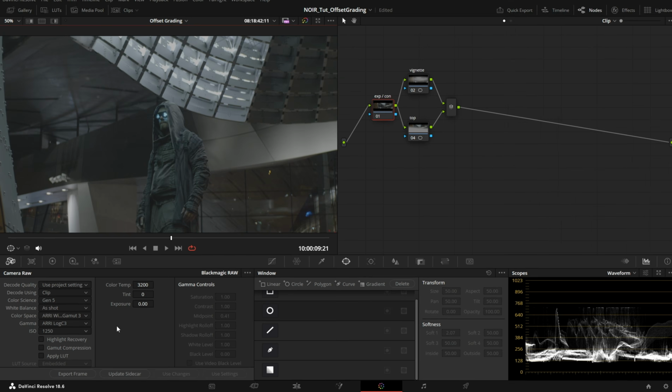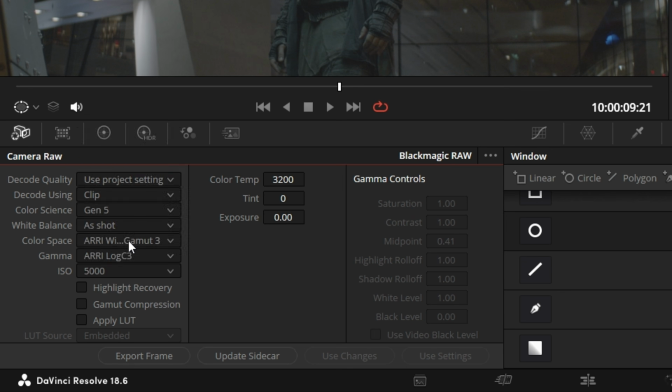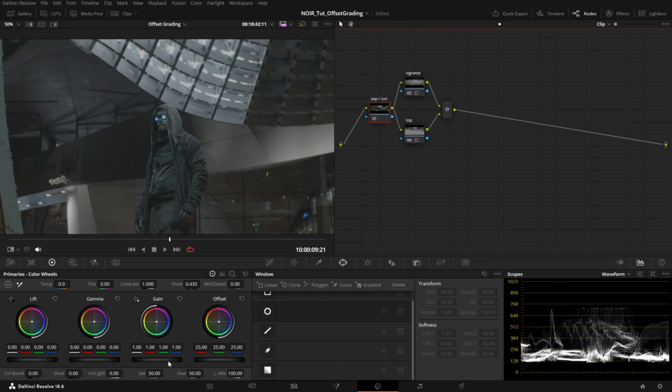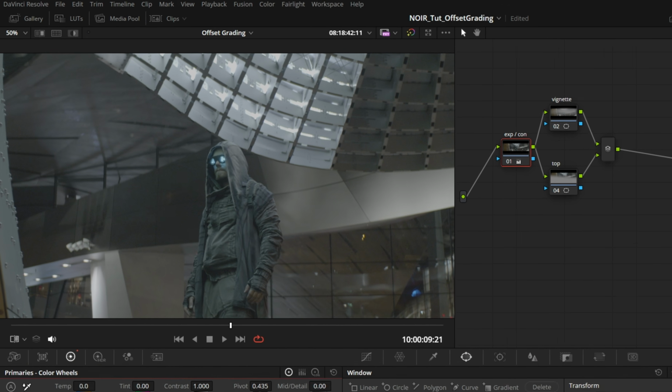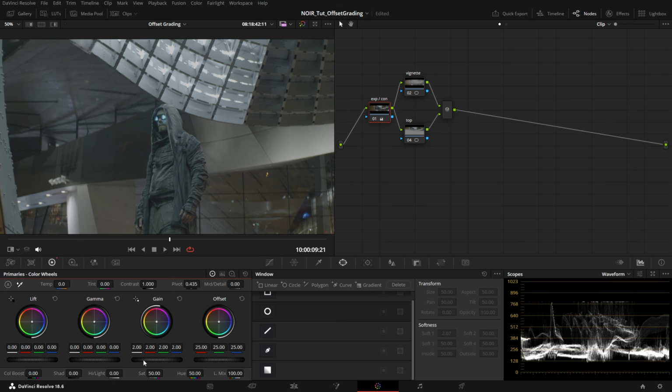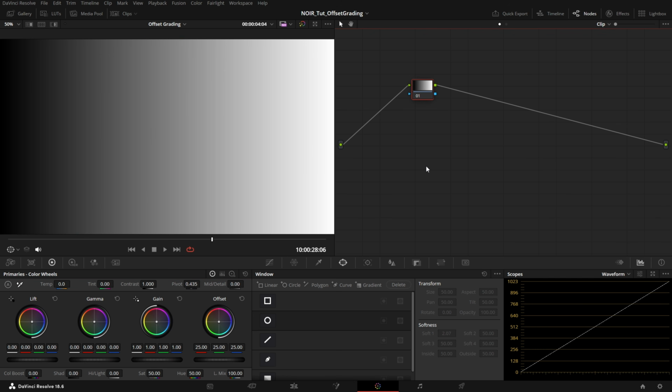Let's look at some math for a second. In real life, light behaves linearly, which means when you open the aperture or boost the ISO in the camera, this can be expressed as a multiplication in linear space. That's why doubling the ISO from 400 to 800 results in the same brightness as opening the aperture by one stop. In a perfect logarithmic environment like ACEScc, this would not be multiplication but addition or subtraction, or in other